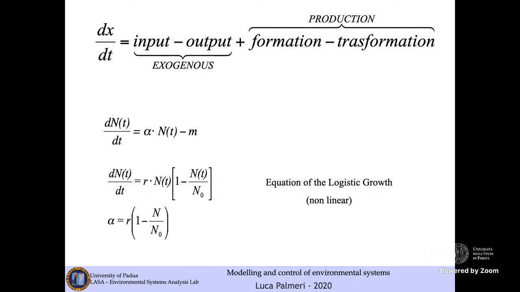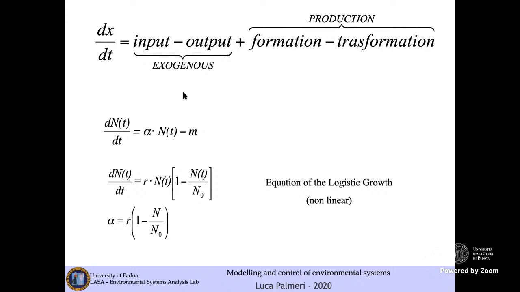This way of writing the effect of endogenous and exogenous processes onto a population is a very, very general formalization of what we know as the energy conservation principle. So if we assume the energy conservation principle, and we do assume it because we believe in the first principle of thermodynamics, then we may translate